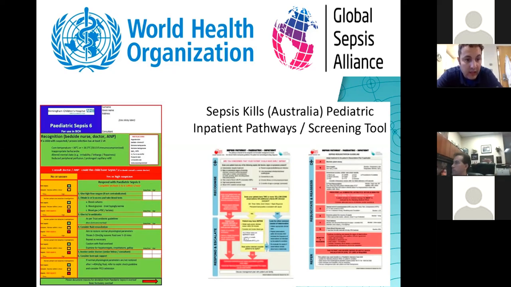So very nice algorithm for alert, recognition, and early treatment. In Australia, there is a sepsis skills algorithm pathway too for ER screening, inpatient, and time for antibiotics. So it's not only the US, everyone is working toward optimizing the recognition and the care for those children. And I keep circulating around recognition because I feel this is almost half of the treatment. So we can talk about the treatment for hours, but recognition should be really highlighted as a treatment, because it is a very important part.